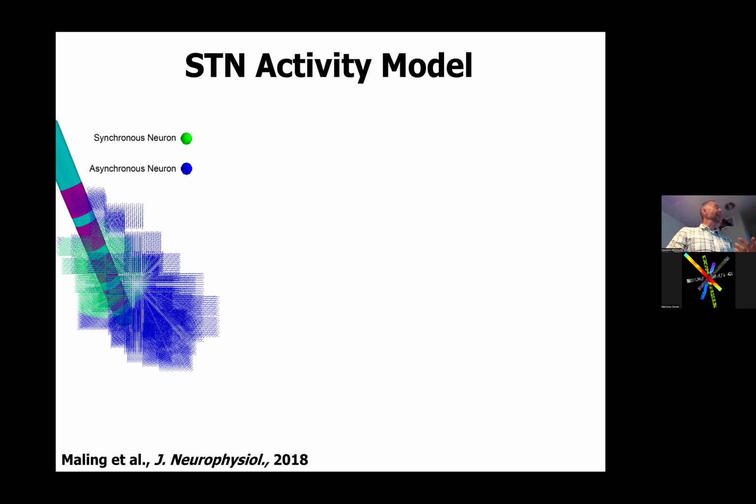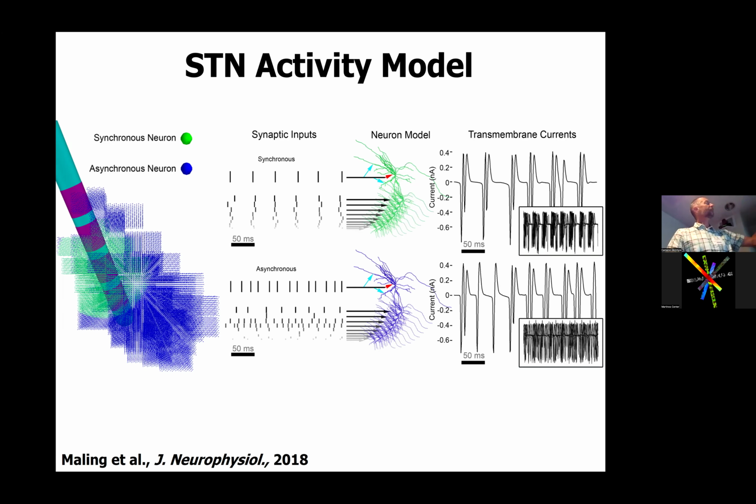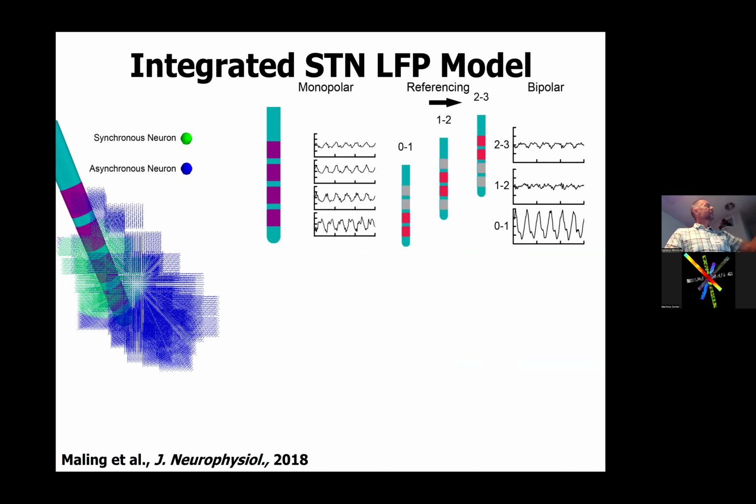So how do we do that? We drive the synaptic inputs to those populations of neurons differently, such that we create transmembrane currents in them that are either really parallel with each other, driving firing in synchrony, or firing basically like background noise, right? So if we do that, then we can start to create simulated recordings on the DBS electrodes